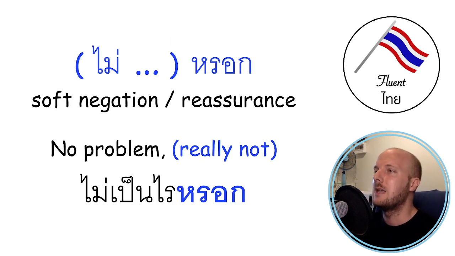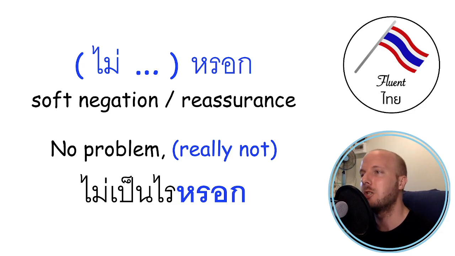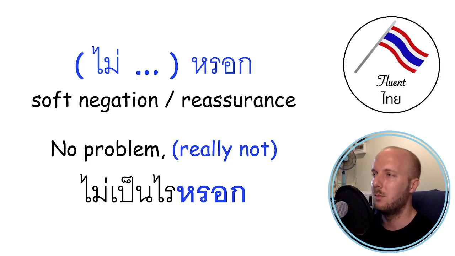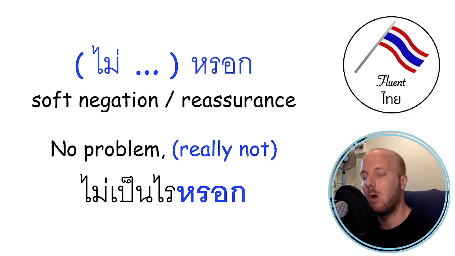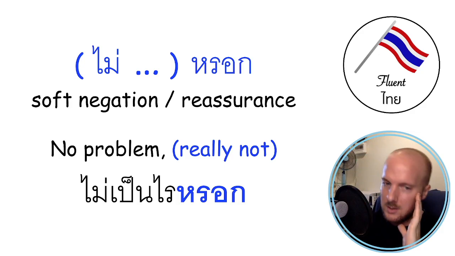And the last one is rok. But rok is always used together with a negative, usually, because it's often used in a soft negation or reassurance. So this is kind of a weird one to try and understand, but it's when you're negating something, when you're correcting a wrong understanding about something, but you're doing it in a soft way. You're not saying, no, you're wrong, error. You're saying, nah, you're not really quite right about that, I'm afraid. So, for example,